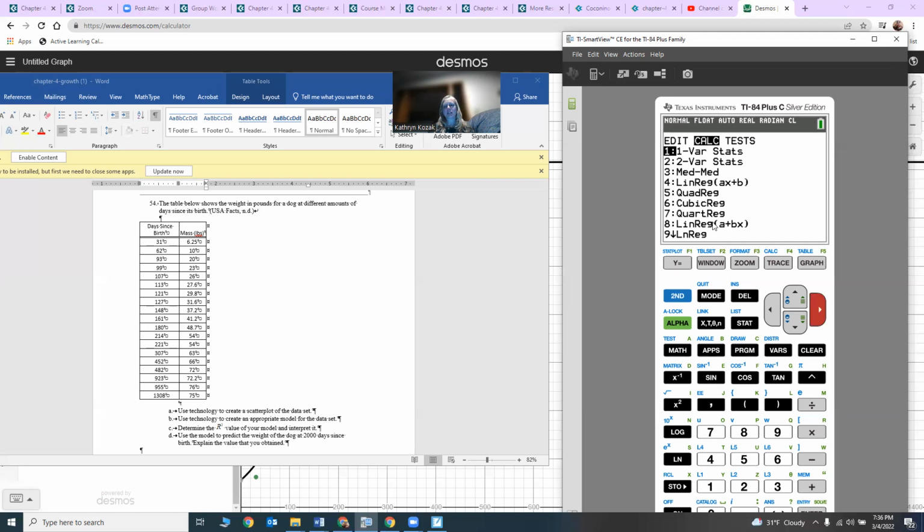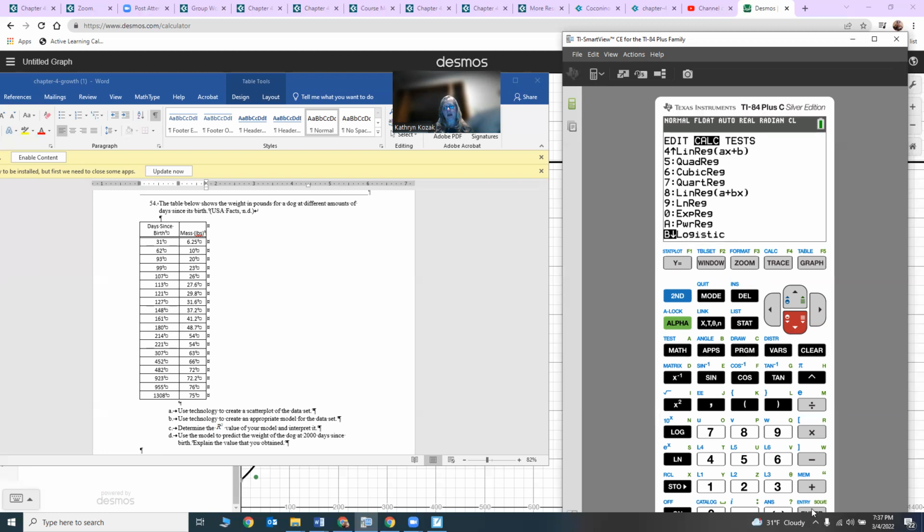There's a second linear regression if you like ax plus b or a plus bx. LnReg is the natural log regression. That's different from a logistic, by the way. ExpReg is the exponential regression, then power regression. My calculator has a newer software, so it has a logistic one. Yours may not. If yours does not, you cannot use your graphing calculator, and you will need to use Desmos